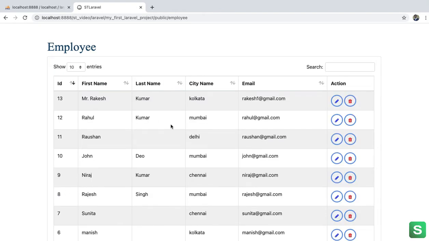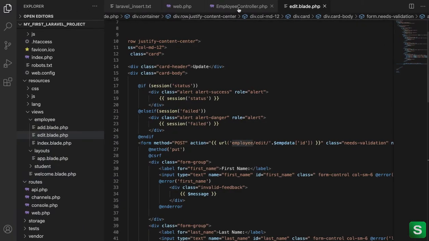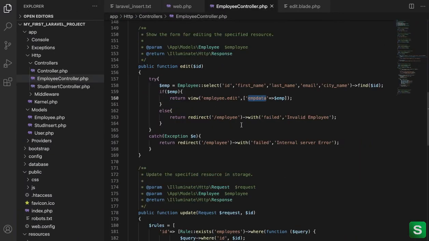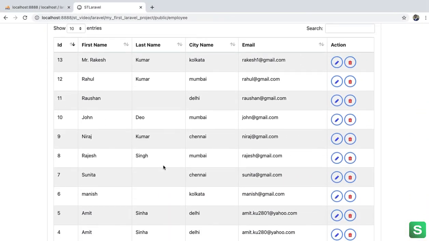So this is the meaning of this code. Which code? This code we have written in the validator, where it is, this one. So unique on employees, but ignore for that id, right? Ignore for that id. So this is very simple.